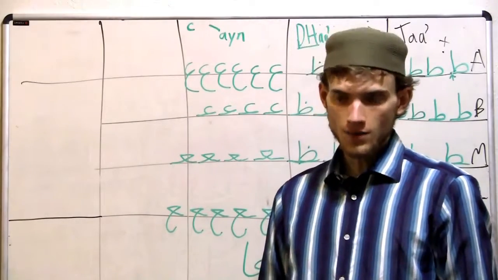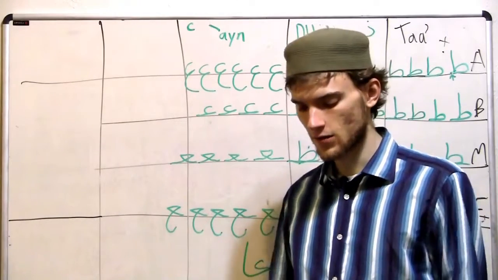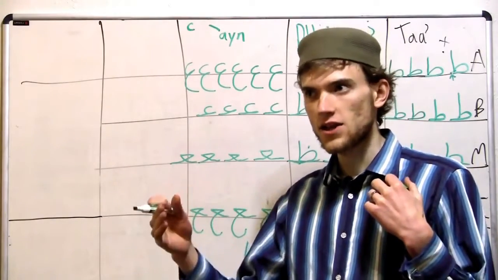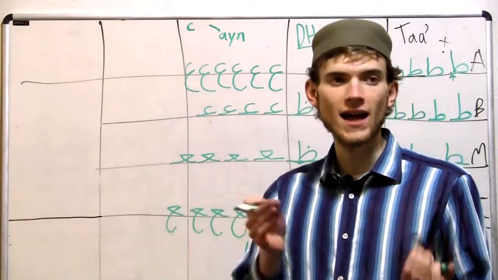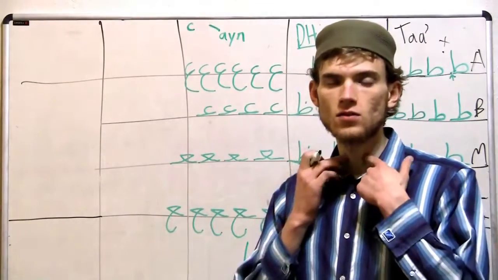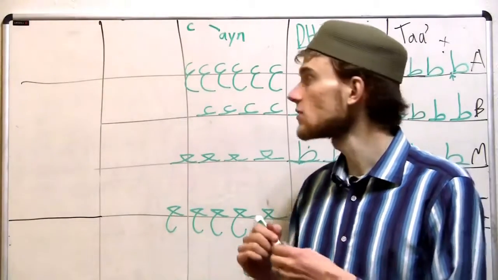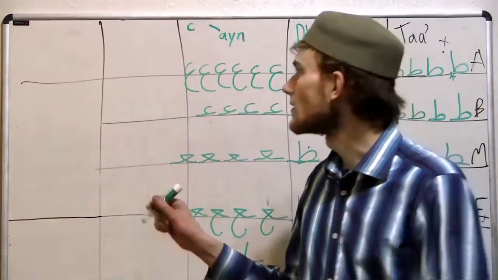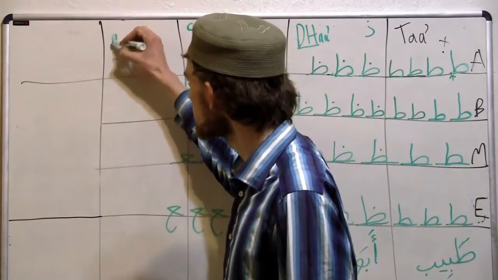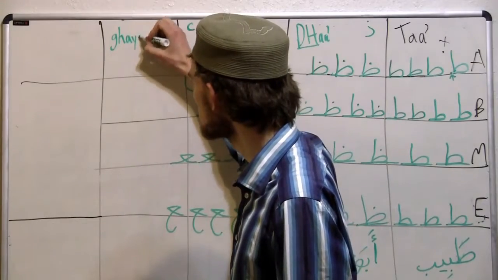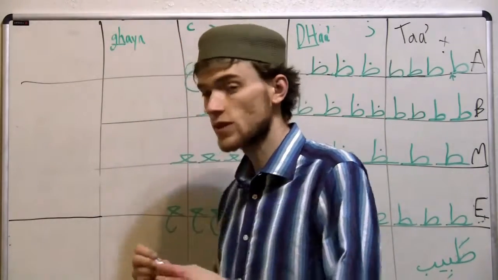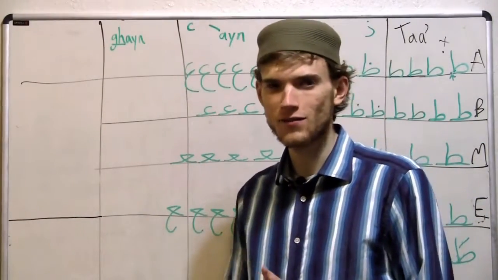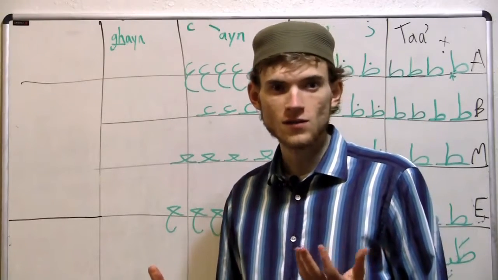Now, just like the difference between ha and ayn, tha and dhal, ta and dal, one without the vocal cords, one with the vocal cords, that's the difference between kha and our next letter, ghayn, usually transliterated as GH. This one is emphatic. The best way I've come across to describe the sound is a gargling sound. So everyone pretend like you're gargling.